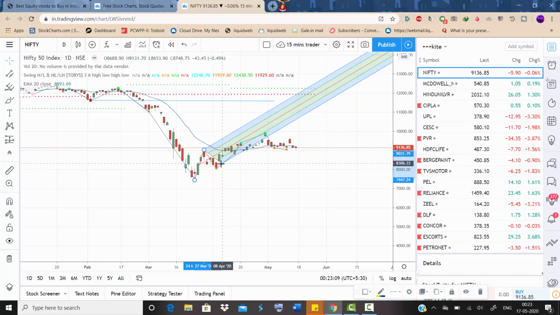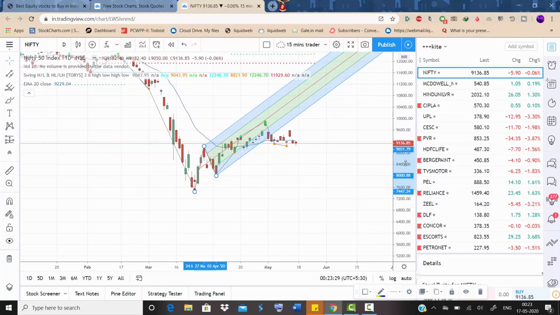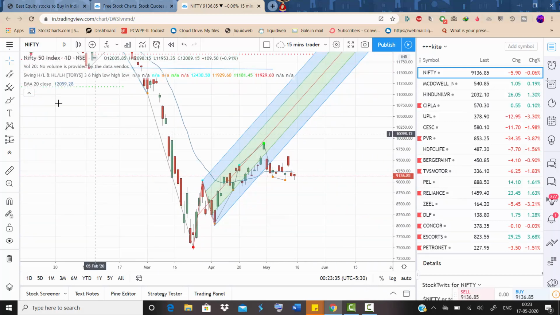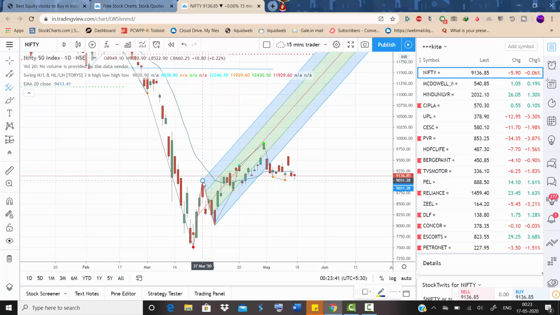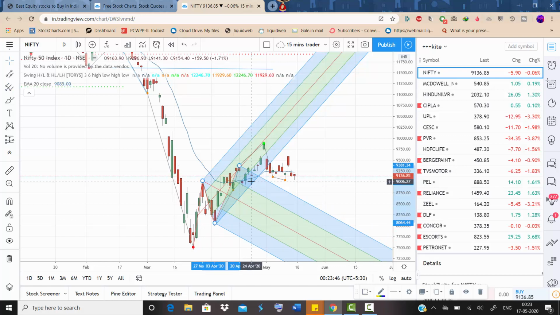Either you can shift it over here or you can continue to maintain it as long as the stock is moving in this channel. So it keeps moving. There's a blue dot over here, blue or green. So it is like A, B, and C. You can maintain this channel as long as the stock is within the channel. You need not delete it because the stock has not moved out of the channel. So you can draw a fresh pitchfork over this. It overlaps as long as the channels are not violated. So this is like an overlap over here.